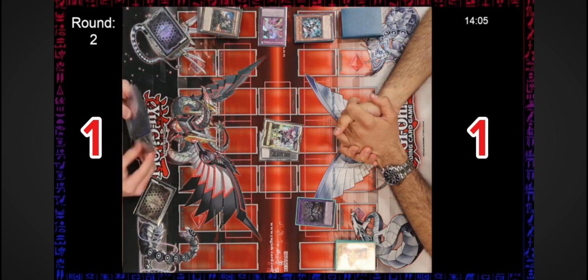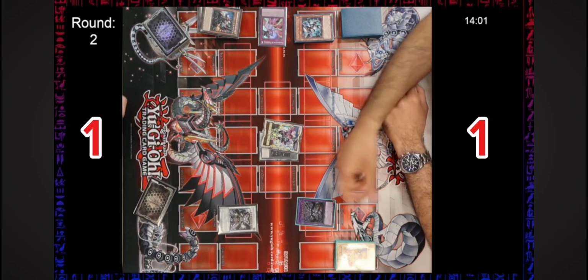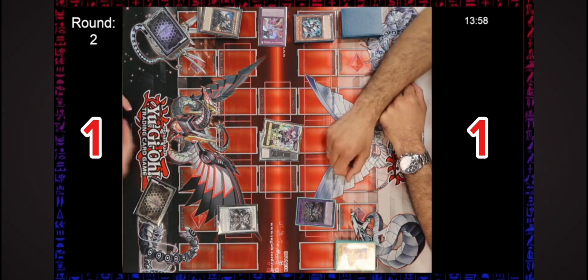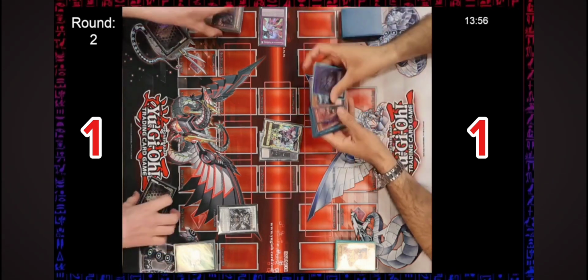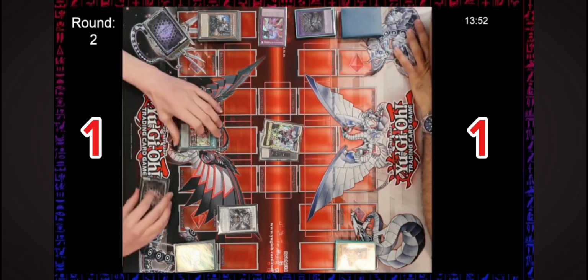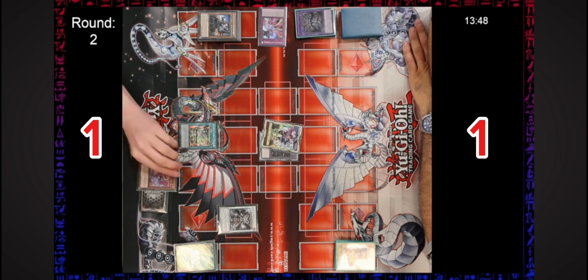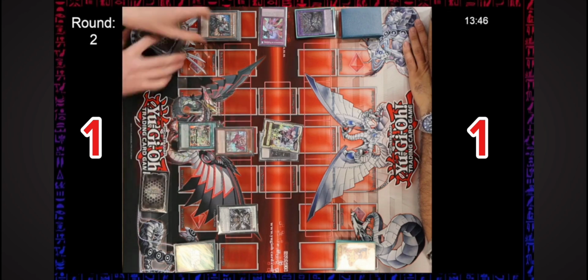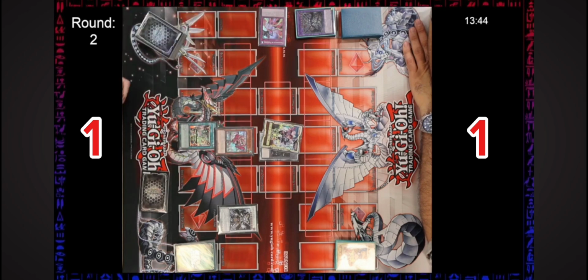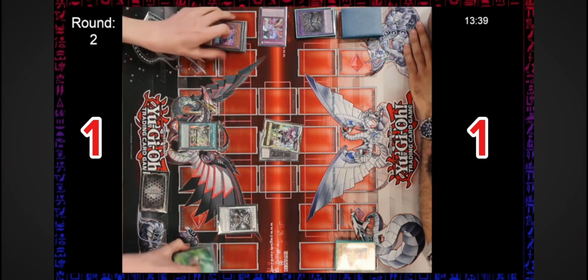All right, so Engraver into that, and then are we basically just going for... Oh, it's a Chaos Angel. Damn, that's something. Okay, because he used light monsters. Yeah, that's a sad one. Because he summoned Chaos Angel by using light monsters, it's unaffected by activated effects. So yeah,